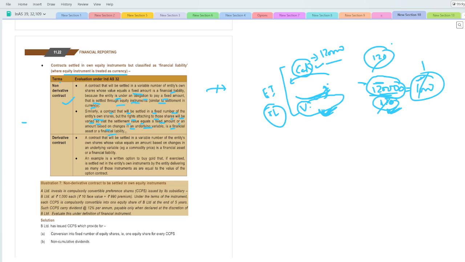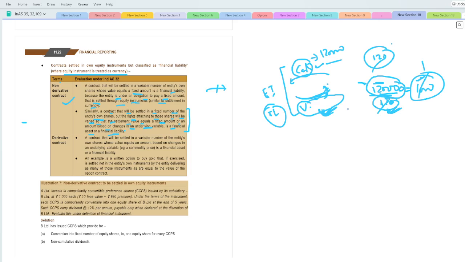So is a financial asset or the financial liability। ये थोड़ा सा, दे हैवंट गिवन एनी एग्जांपल, बट यहाँ पे क्या बोल रहे हैं कि आपको फिक्स नंबर ऑफ शेयर्स ही आप डिलीवर कर रहे हो, लेकिन उस शेयर्स के जो राइट्स हैं वो वेरी कर रहे हैं। तो वो वेरी करने की वजह से आप यहाँ पे फिक्स टेस्ट को क्वालिफाई नहीं कर पा रहे हो, तो इसलिए वो आपका फाइनेंशियल लायबिलिटी बनेगा या फिर फाइनेंशियल एसेट बनेगा। फाइनेंशियल एसेट कब बनेगा? जब आप वो शेयर्स को रिसीव कर रहे हो। ठीक है, और फाइनेंशियल लायबिलिटी कब बनेगा? जब आप वो अपने शेयर्स को डिलीवर कर रहे हो।